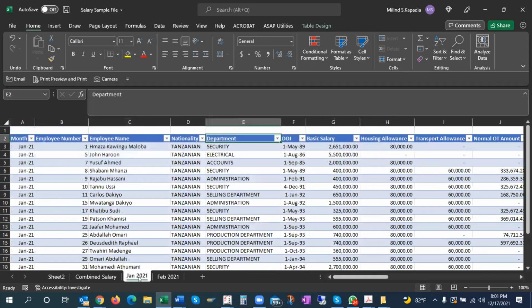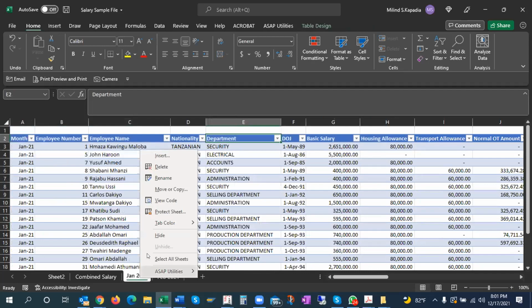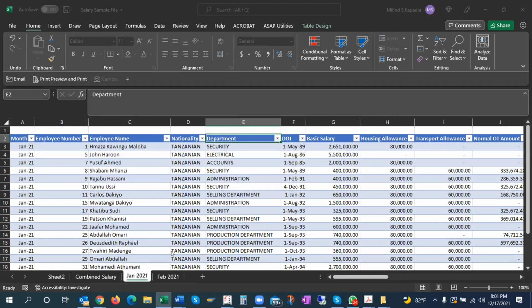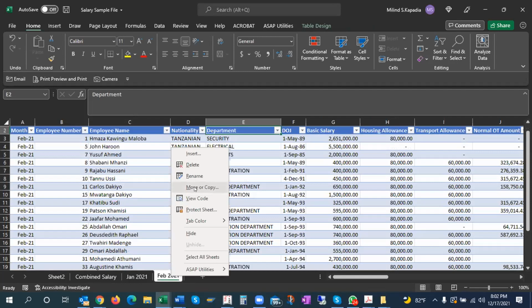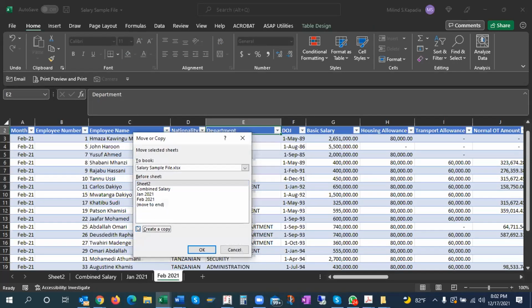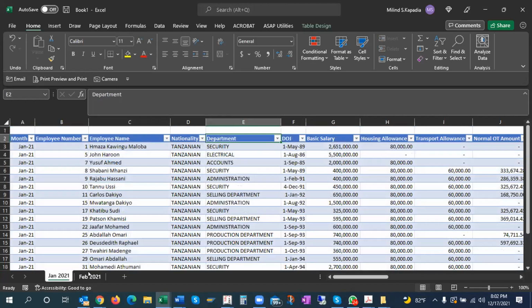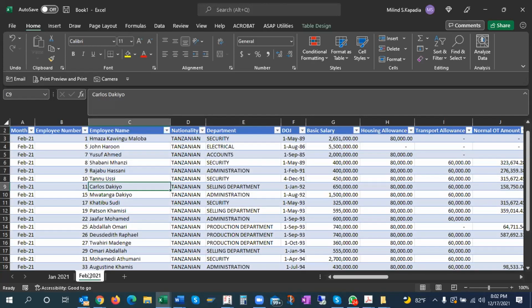Now coming back to Rakesh Arora ji, what he has asked, let me just move this file to another sheet and do another way of performing this. So I've moved this January and I'm moving this to this workbook as last as February. Okay, that was one of the ways of doing it. Now I have these 2 tables.